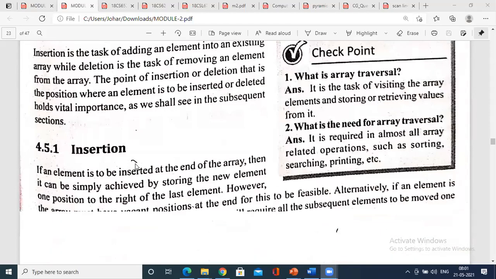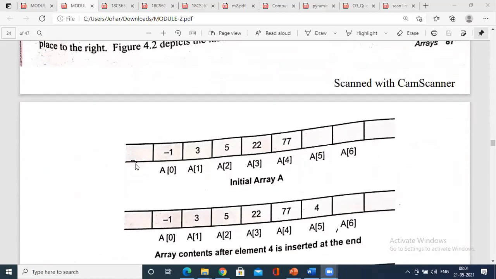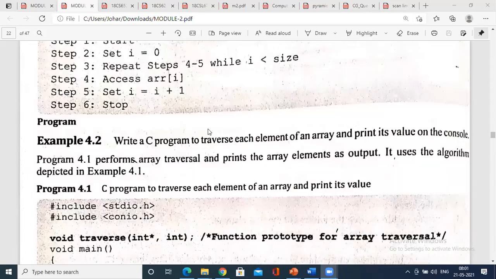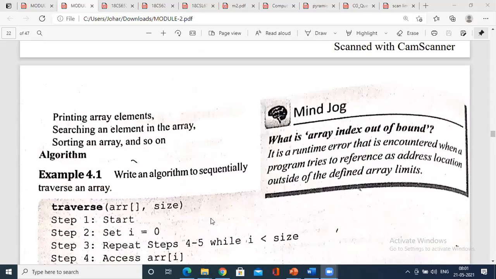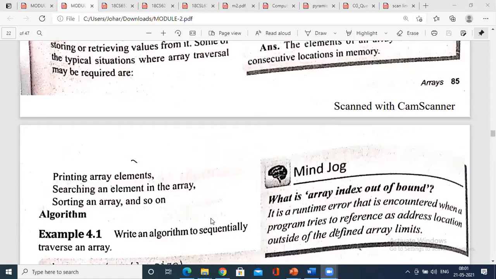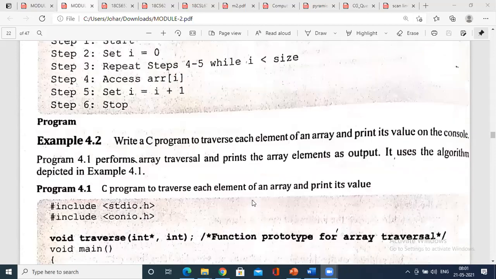So next we have insertion and deletion. I hope all of you have gone through this concept. Though I did it quite fast in one of the classes, this week itself, we covered traversal of a single dimensional array. Once again I'm repeating, it is single dimensional array traversal, searching, deleting and insertion.